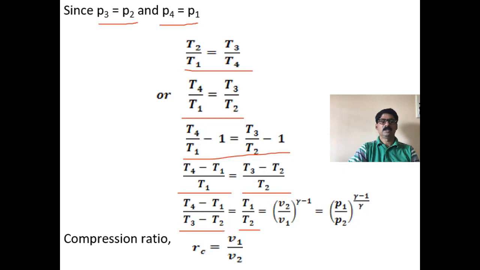This is very important, because at the end of the efficiency expression you had eta is equal to 1 minus this quantity, T4 minus T1 divided by T3 minus T2. So that can be replaced now by T1 by T2. But 1 to 2 is the isentropic process, so T1 by T2, as you know already, is P1 by P2 to the power gamma minus 1 by gamma, and also it is V2 by V1 to the power gamma minus 1. So here 1 to 2 is the compression process, so the ratio V1 by V2 is nothing but the compression ratio. Similarly P2 by P1 is nothing but the pressure ratio.